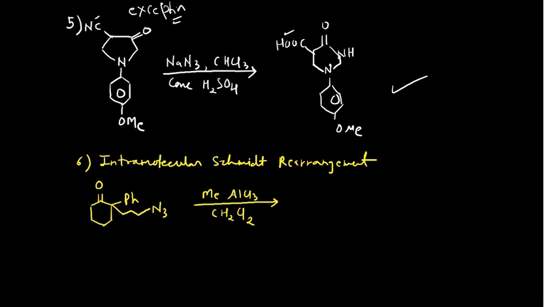Now after that, another very important trick is coming, guys, and this trick is very important for you. In that case, this is intramolecular. If you see here, this is the intramolecular Schmidt reaction. For the intramolecular Schmidt reaction, you have to think in that manner. Say this was your carbonyl group and this is your alpha carbon. For the intramolecular Schmidt reaction, you must have the alkyl azide group at the alpha position with respect to the carbonyl.